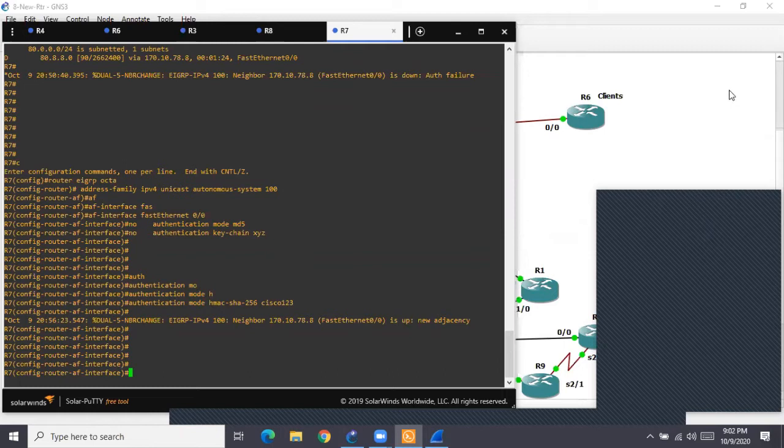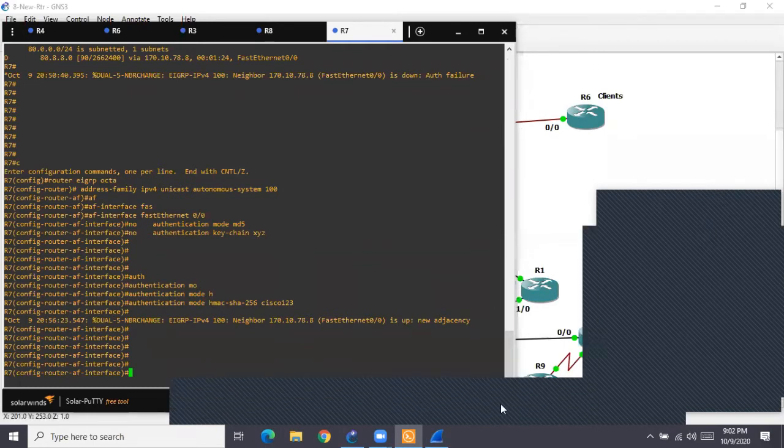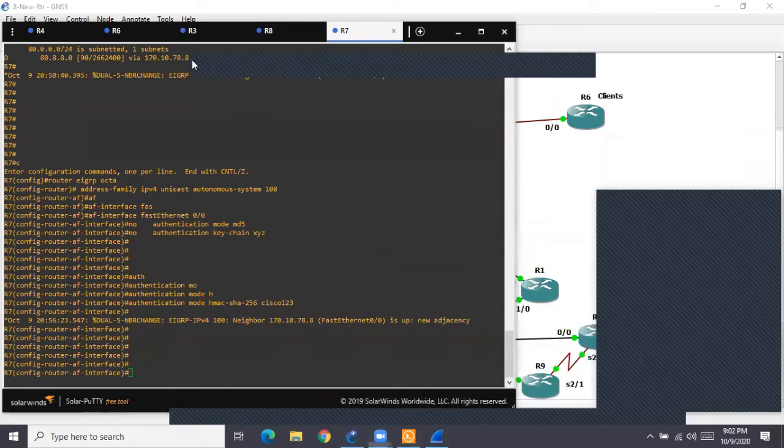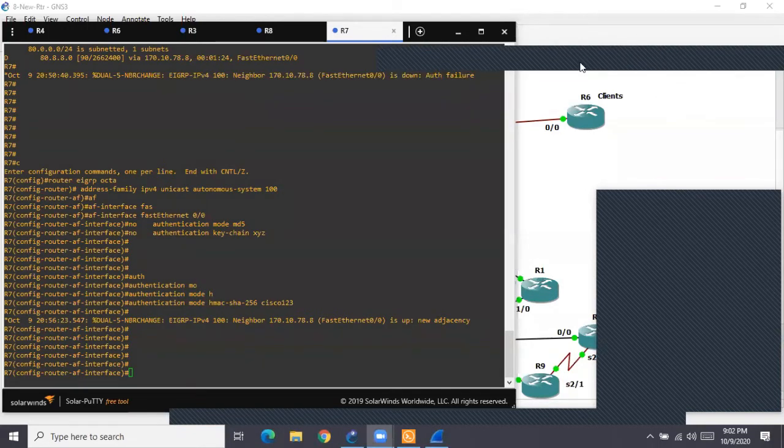So as I said, in OSPF now, first we'll see neighbor authentication, and then we'll see area authentication, area based authentication.